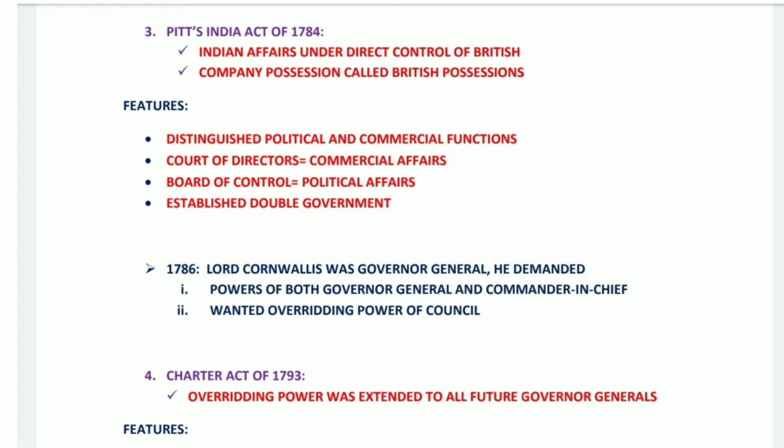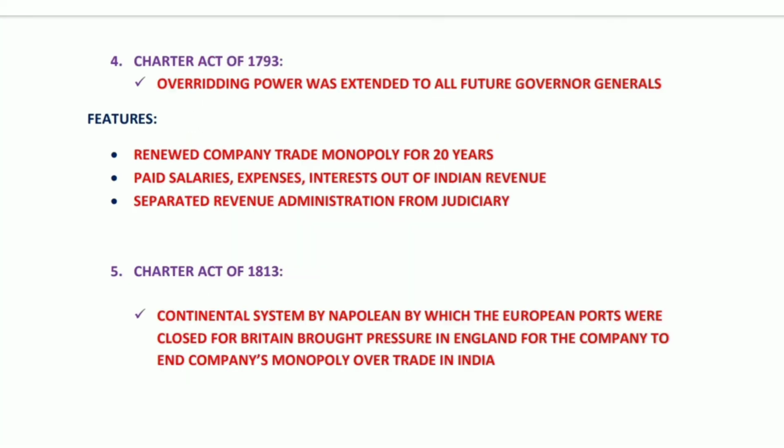So, accordingly, changes were made under the 1786 act, and accordingly later on under the Charter Act of 1793 this overriding power was extended to all the future governor generals, and also the governor generals were given power to control the government of their subordinates. That is, previously we have said that governors of Madras and Bombay were made subordinates to the governor general. So here, under this Charter Act, the governor general was given more power to control